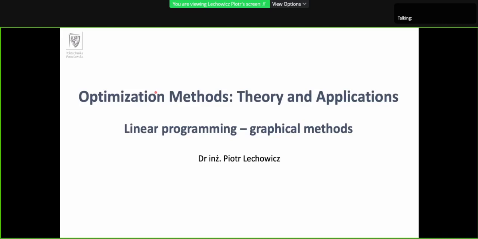So the goal of the optimization is often defined as profit, reduction of cost, lowering the consumption of resources, increasing income, minimizing risk, and so on and so on. So we can define the goals differently, and